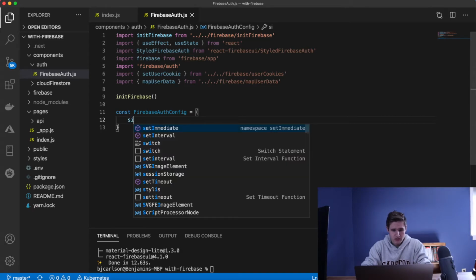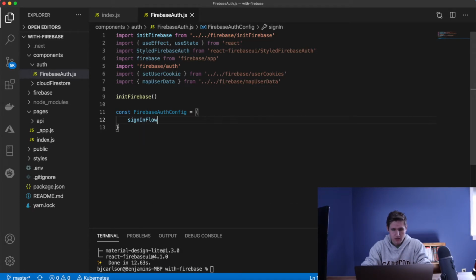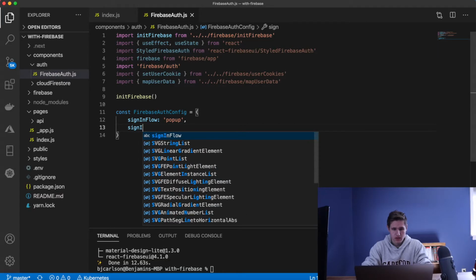The first is sign in flow. We're going to set this to pop up. And then here we can put all of our auth providers. So email and password, GitHub, Google, anything else you might want. We're going to say sign in